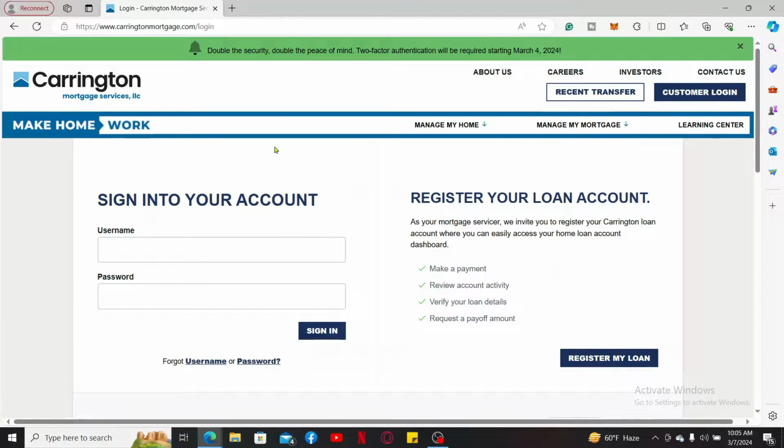This will then take you to the sign in page or the register option. If you don't have an account yet, you can click on the Register My Loan button on the right corner. If you already have an account and you would like to log in and manage your existing account, go